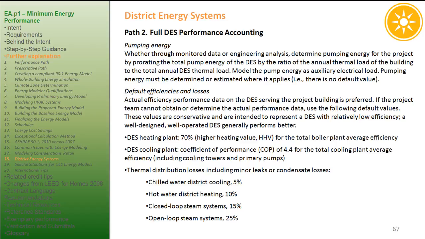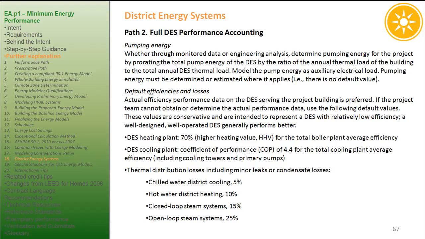DES heating plant: 70%, higher heating value (HHV), for the total boiler plant average efficiency. DES cooling plant: coefficient of performance (COP) of 4.4 for the total cooling plant average efficiency, including cooling towers and primary pumps. Thermal distribution losses, including minor leaks or condensate losses: